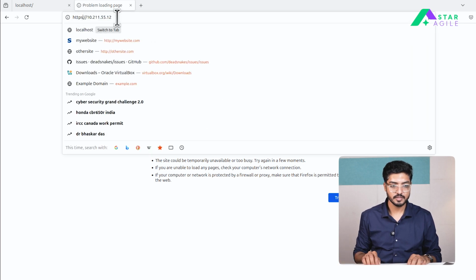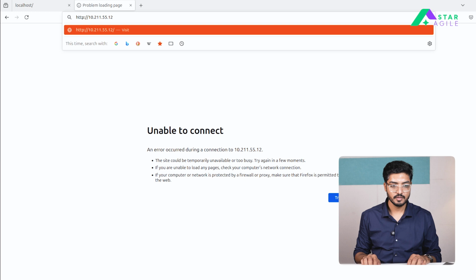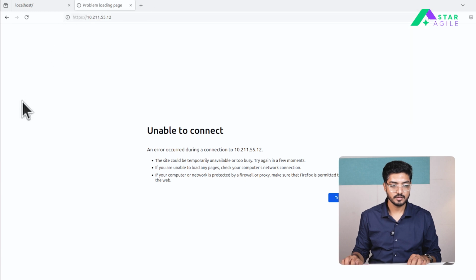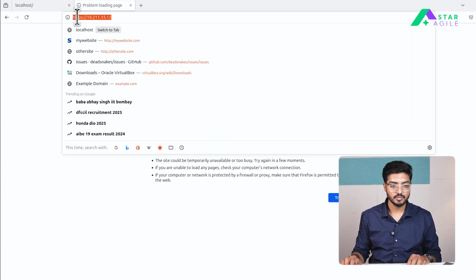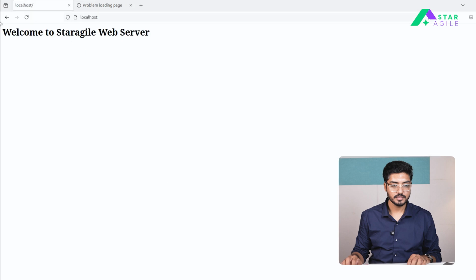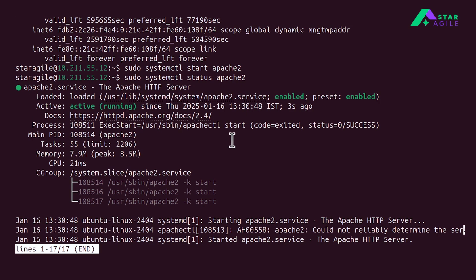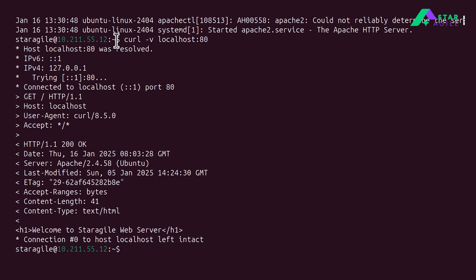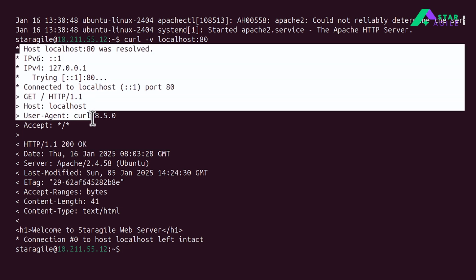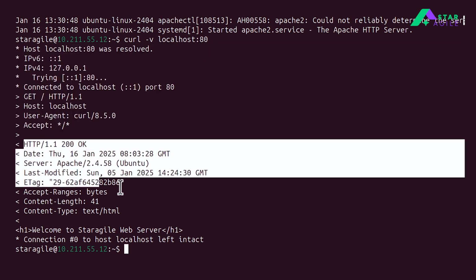For some reason it is just going on HTTP. I don't know. Let's just try this curl again. Curl is nothing but, whatever the browser is doing, a command line utility. It does the same thing to fetch the HTTP request, and these are the HTTP responses